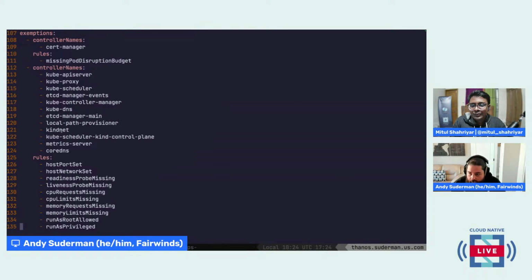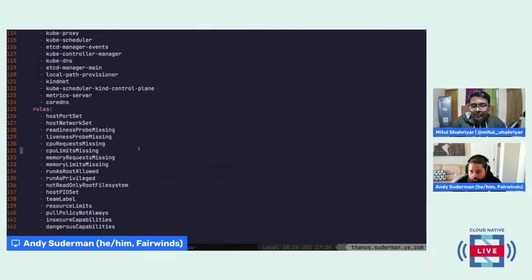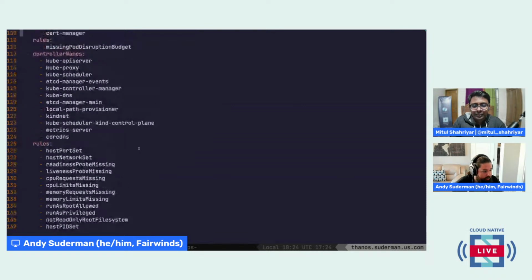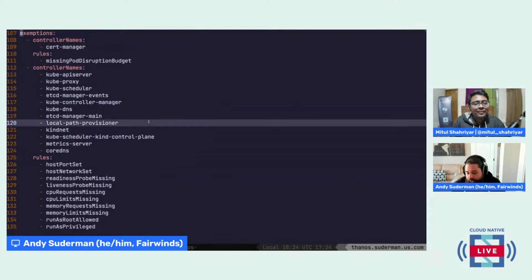So we have things like the local path provisioner, which is common in my demo clusters, is allowed to have host path mounts because it needs to do that, and because that's its entire job, to create host path mounts that map to the storage provisioner.